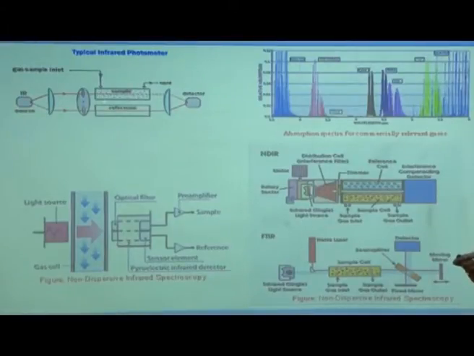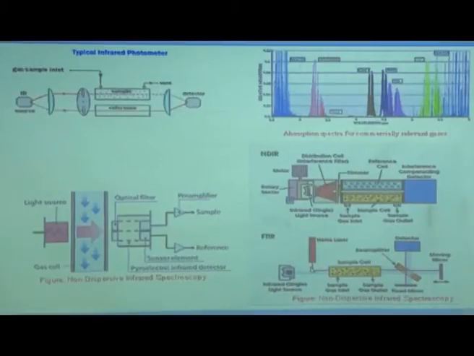Okay. So, if there is less CO passing through this sample, then what will happen? The difference will be less here in the detector. If there is more CO, then this will be very high energy and this will be very less energy, and the difference will be more. So, that is how you measure the carbon monoxide emissions.